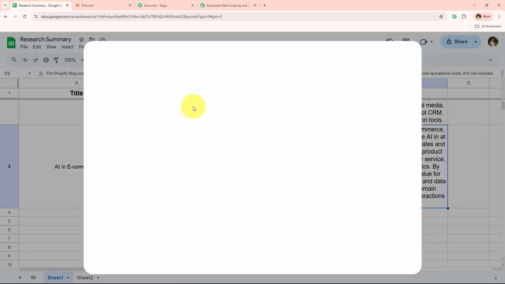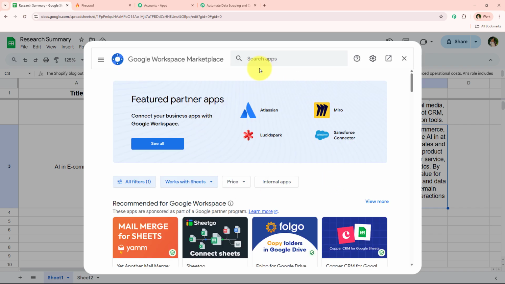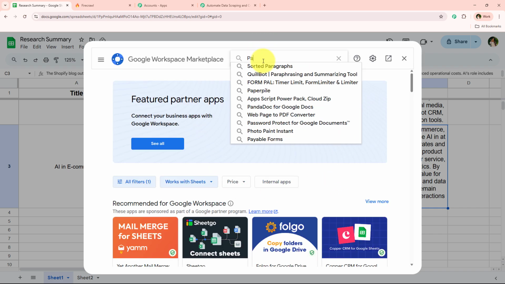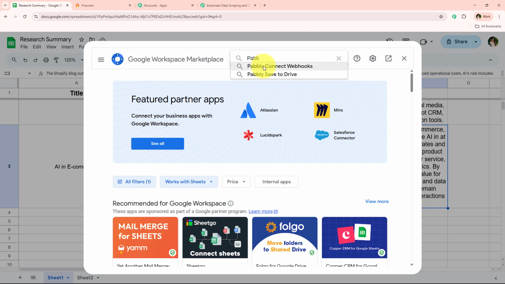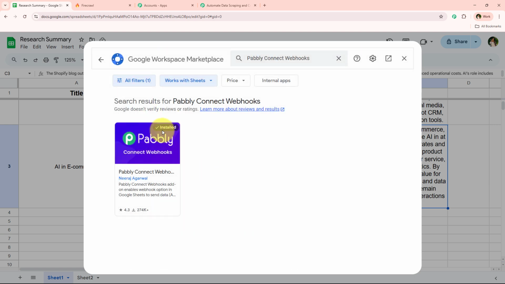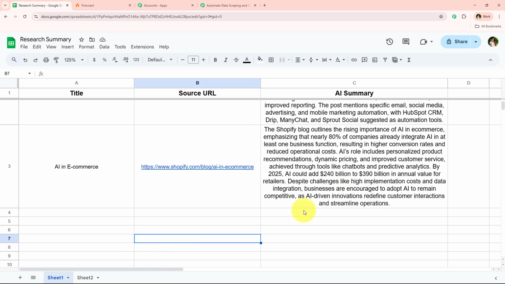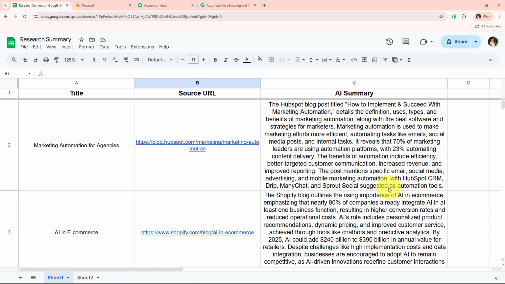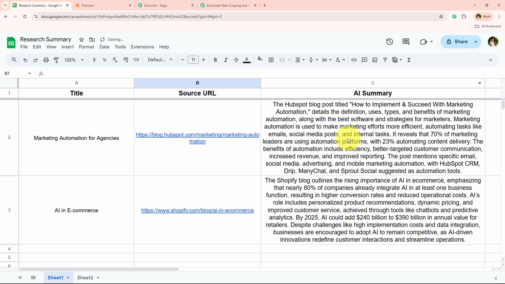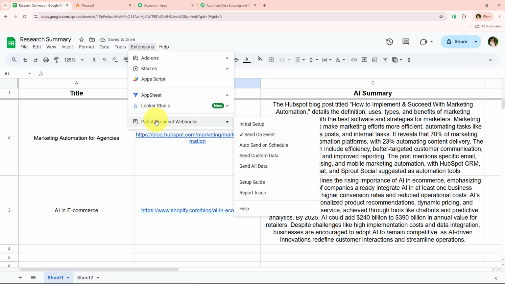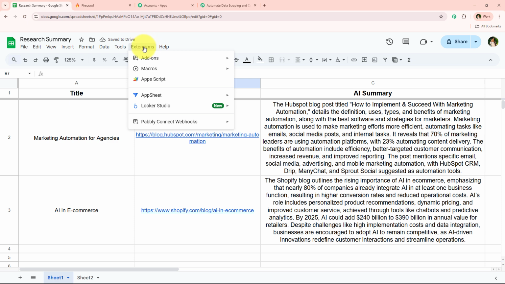After coming over here to get add-ons, we have to add an extension in this spreadsheet, which is Pabbly Connect Webhooks. So I'm simply going to search for Pabbly Connect Webhooks right over here. As you can see, I have already installed this extension. You can simply install this extension right from here if you haven't. And once you install the extension, you have to refresh your spreadsheet. It is a really important step to refresh your spreadsheet. Otherwise, you will not be able to view the option of Pabbly Connect Webhooks